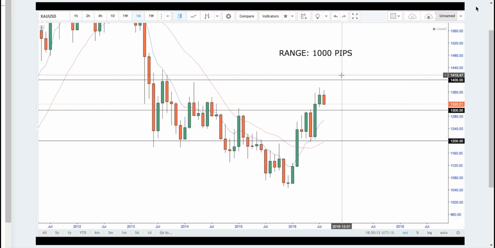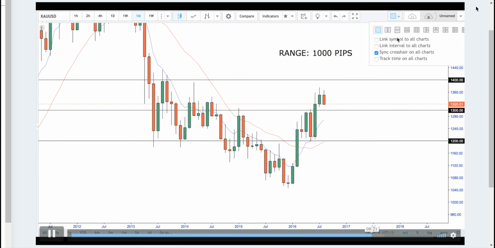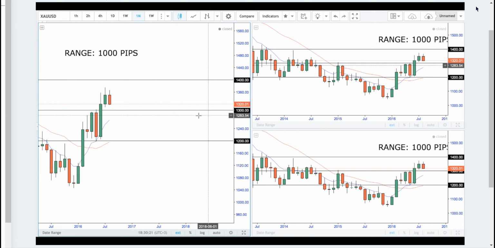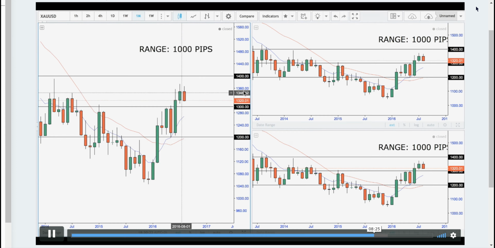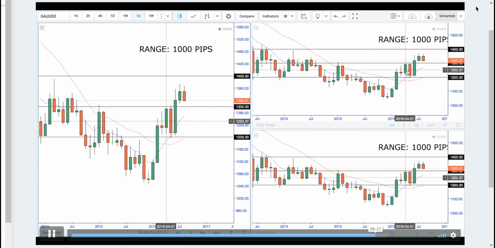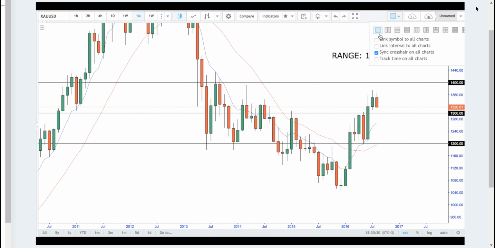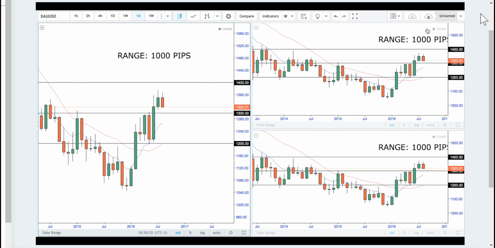Okay, so we have that, and I just want to drop it out there that when we do put all of our levels on, remember on the first video, the TradingView setup, I did say we can use this chart if we really wanted to. So the best thing to do is always start on this square here, the normal layout. Do that, ensure it's saved, and then once all your levels are on there, you can flick